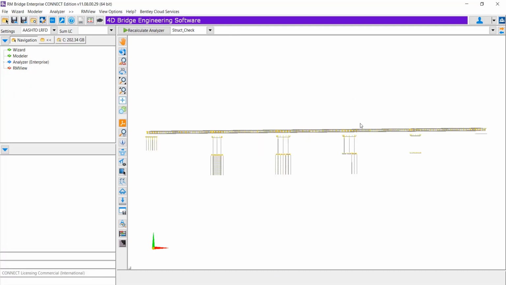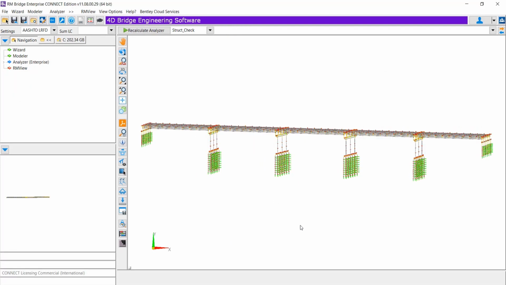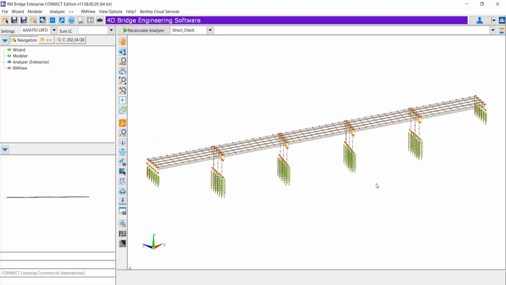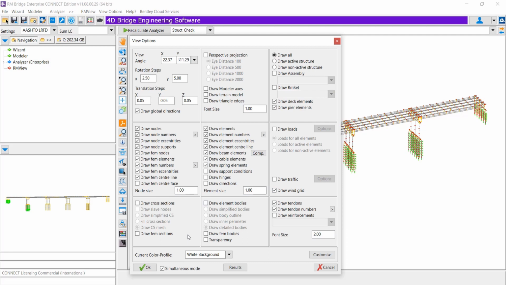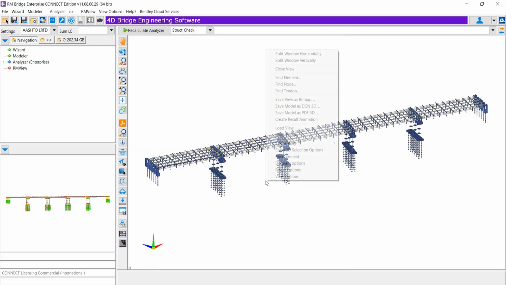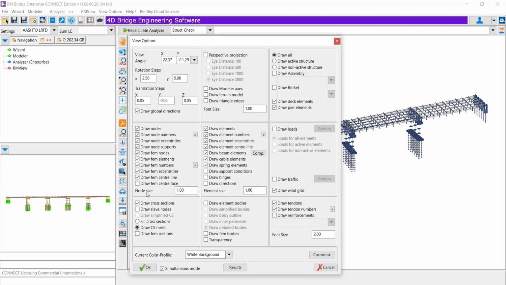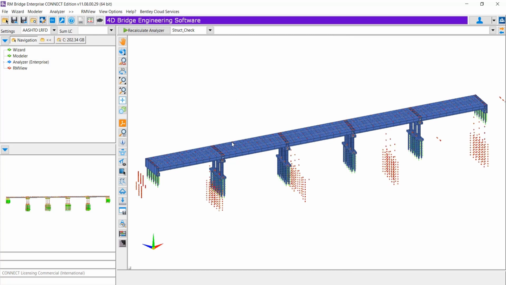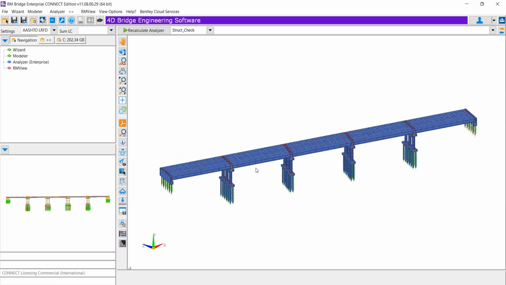Once it transfers the model here in RM, you can apply the loading and then analyze this model. And again, if there are changes coming from the design, you can update them and send it back to the 3D model. Thank you very much for your attention on this. Thank you once again.